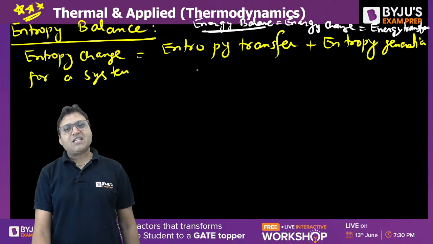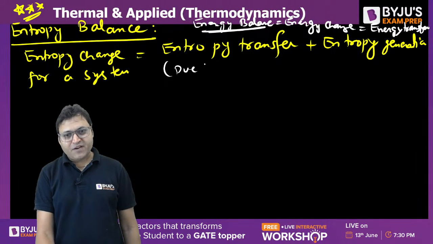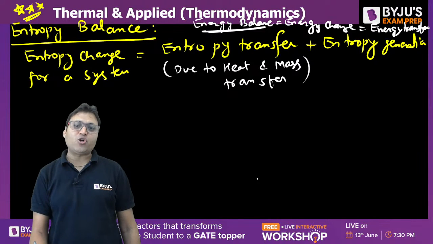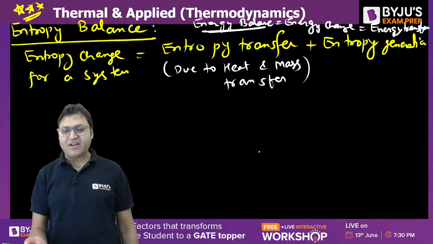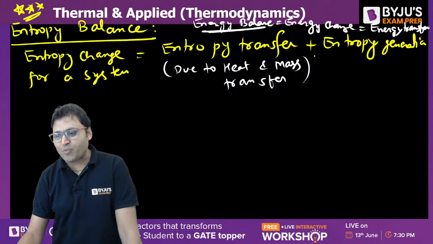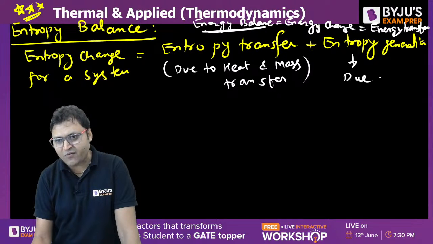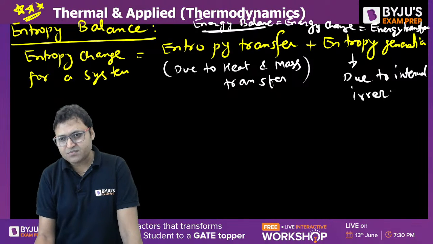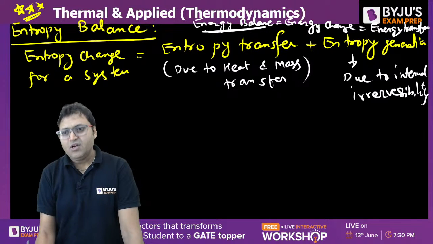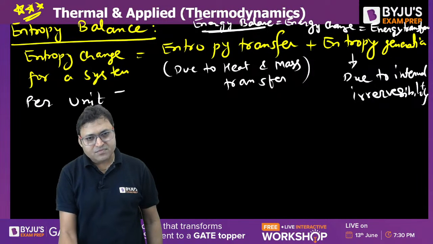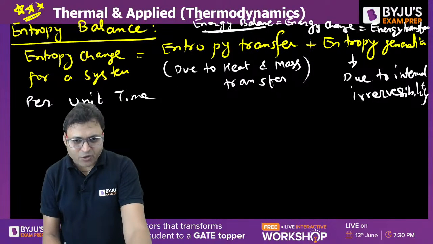So entropy transfer takes place due to heat transfer and due to mass transfer. Along with work transfer, there is no entropy transfer. It is due to heat transfer as well as mass transfer. Along with the mass transfer, there is an entropy transfer, and entropy generation will take place due to internal irreversibility. If we write this expression per unit time,